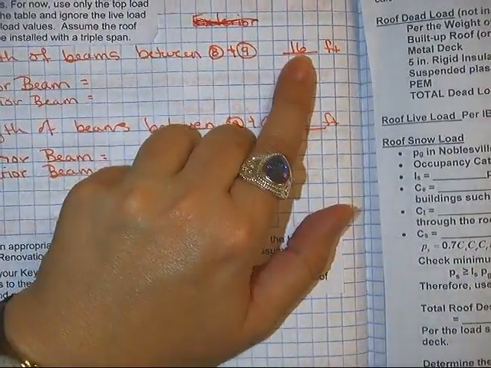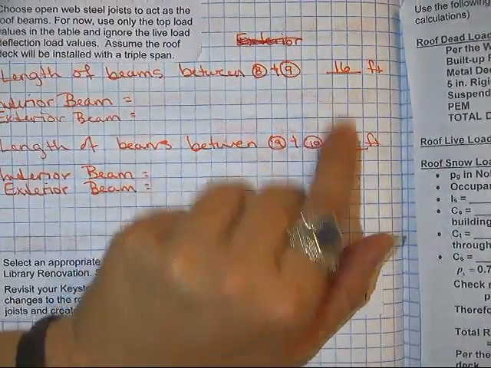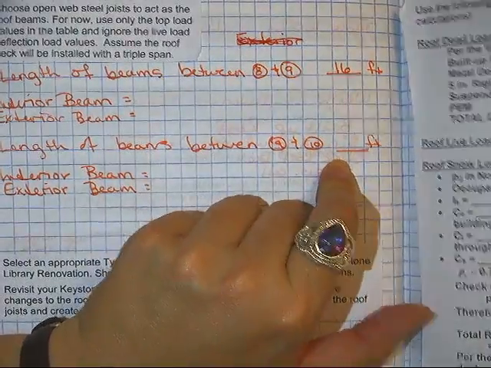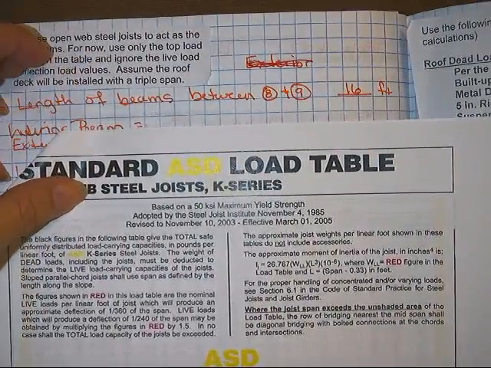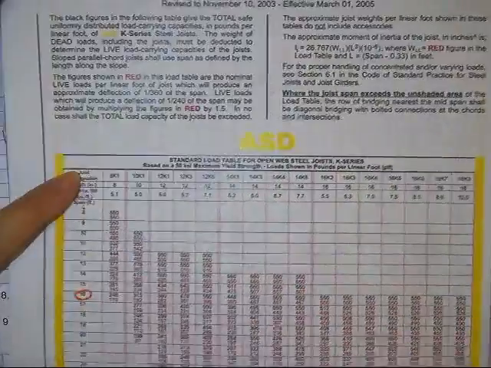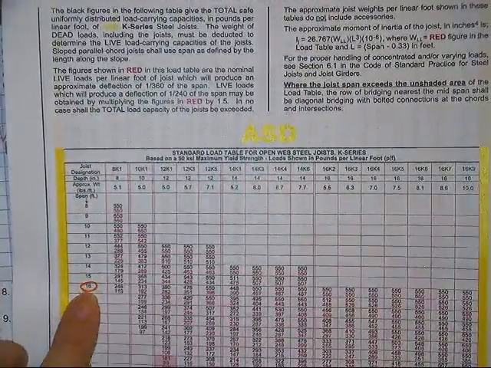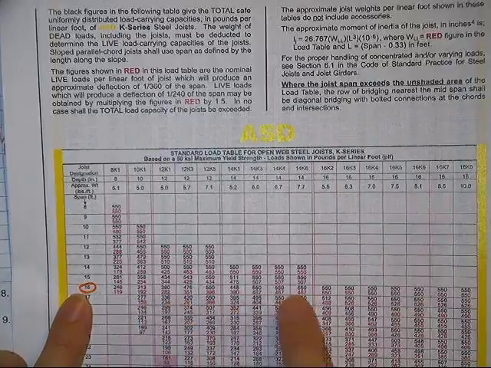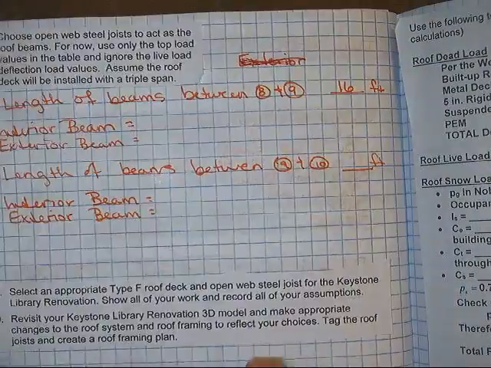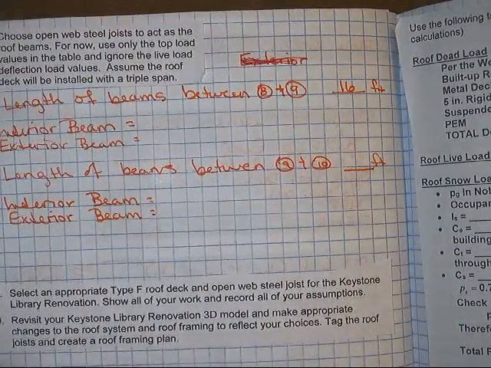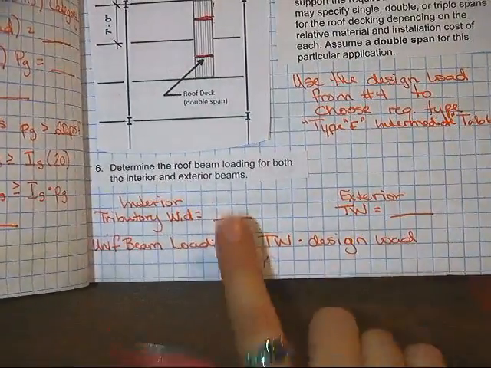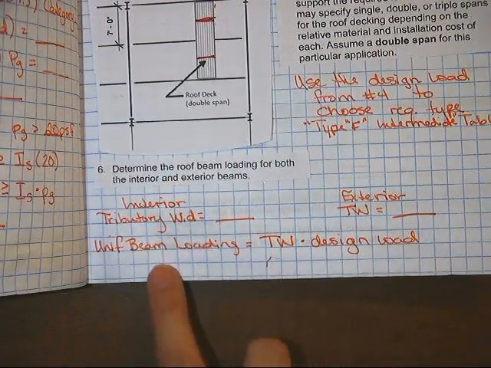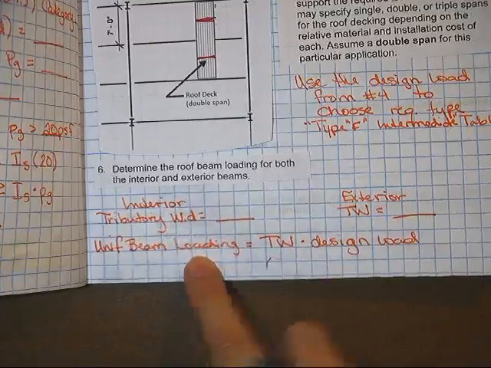So we have the length here, between 8 and 9, it happens to be 16 foot, and then write down what it is between 9 and 10. Now we're going to use our tables, this table right here, and look up a 16-foot length. So I go right here down to 16, and then I'm going to go across on this table until I find the loading that I got on question number 6. For the interior beam, I use the loading I found right here,